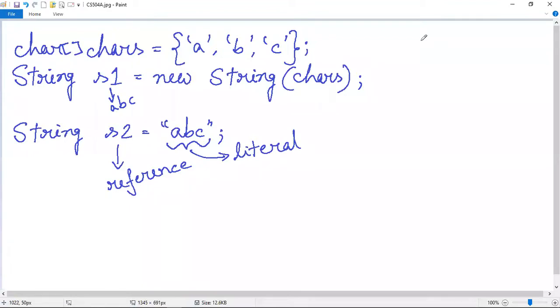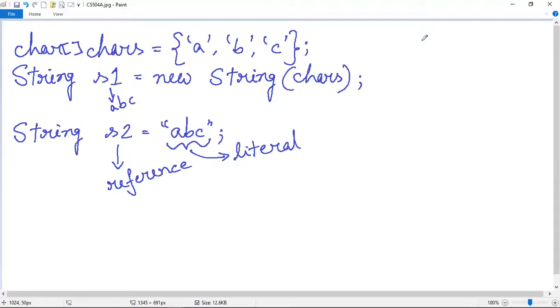Because a string object is created for every string literal, you can use a string literal any place where you can use a string object. For example, you can call methods that are used on all string objects, which are the methods of the string class. All those methods can be directly called on a quoted string as if it were an object reference. So I will discuss string methods in the next lecture. There I'll show you how you can call any kind of methods on the string literals also, as you can call them on string objects.